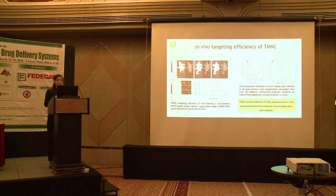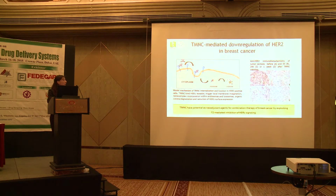On the contrary, the magnetic relaxation measured on the same tumor samples revealed a gradual increase of the relaxation rate over time, as an index of the progressive iron accumulation within these tumors. These results at first glance appear quite contradictory, but then they also suggested a mechanistic hypothesis